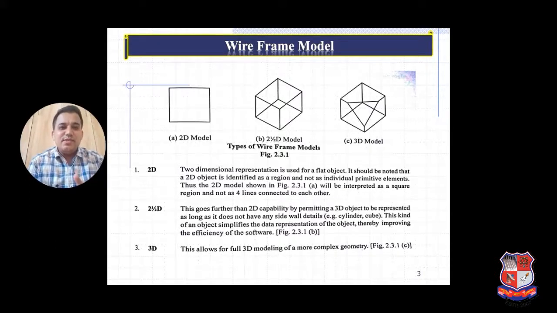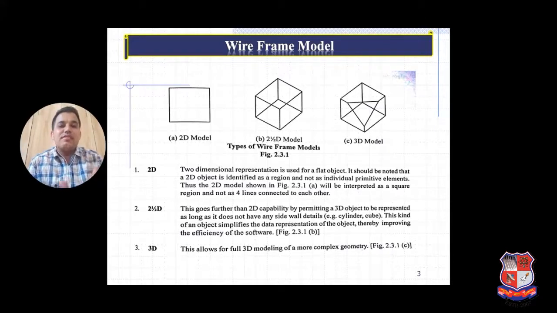First one is the 2D model, second one is the 2.5D model, and third one is the 3D model. Many students have not heard about the 2.5D model, so this is a surprising moment for all students. Today we have to elaborate all 3 models with different applications and different examples. Now we all know the 2D model; we already learned it in engineering graphics.